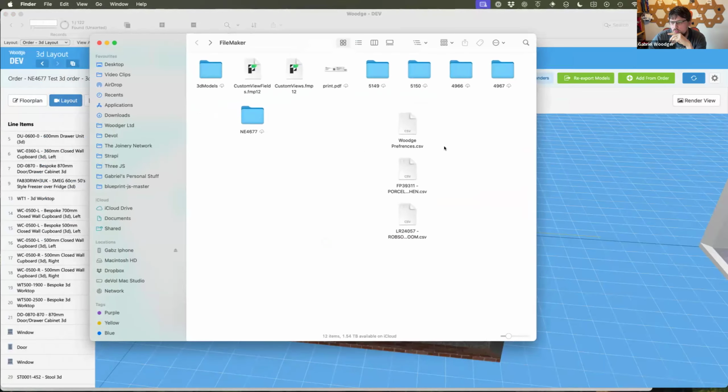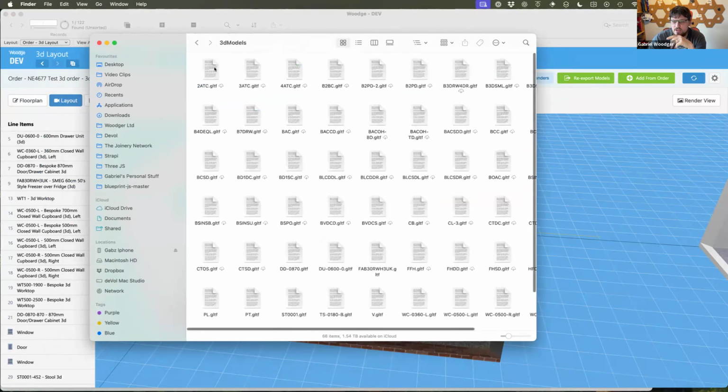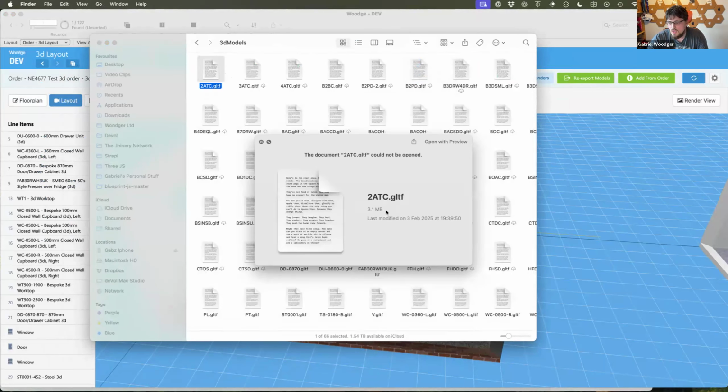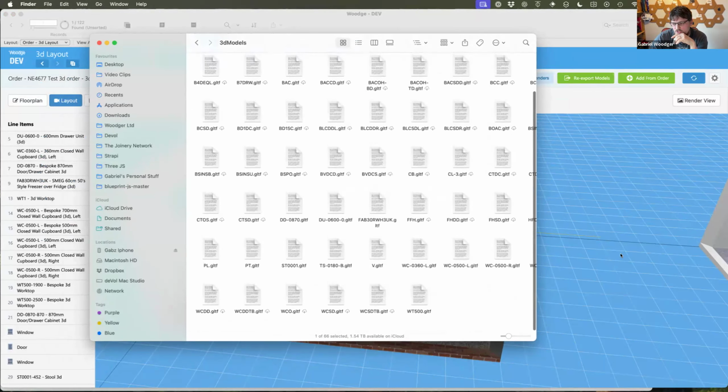So what I do when the system runs, you can re-export the models, and basically it saves onto the user's desktop a bunch of these model files, which are like 3 or 4 meg each, because there's absolutely no way FileMaker Server would be able to send that much information for the entire layout of a kitchen reliably to a web viewer, with what may be several hundred megabytes worth of data, because it might have textures and other bits and pieces inside of there.